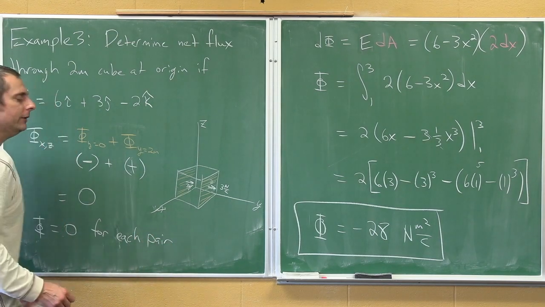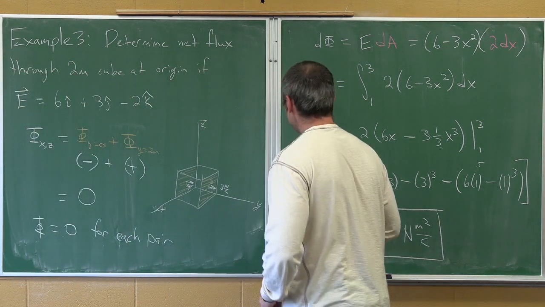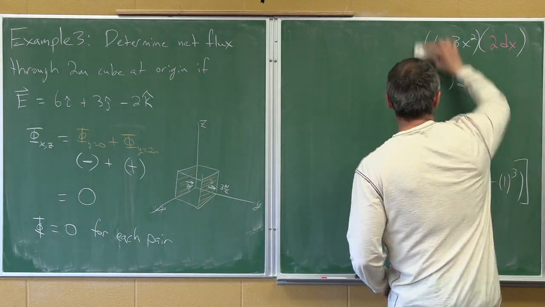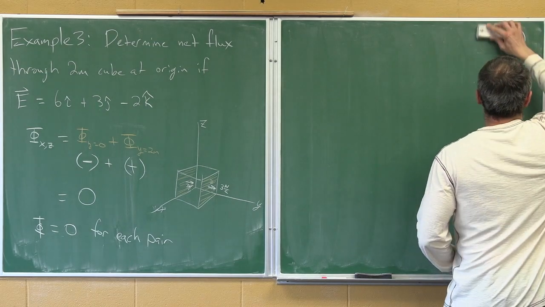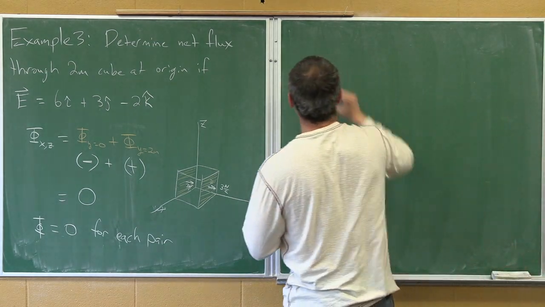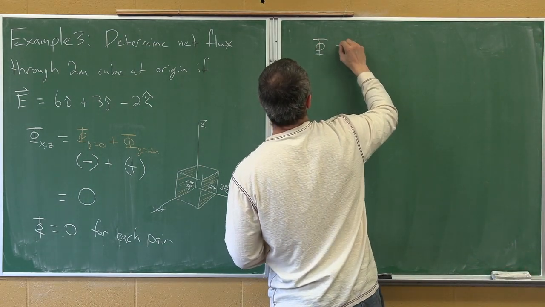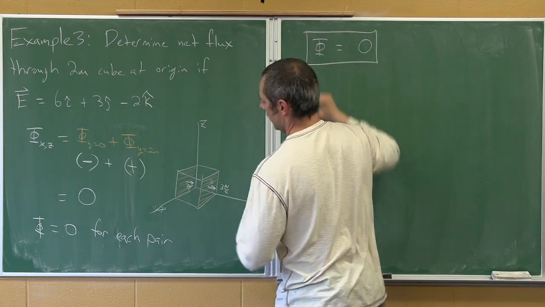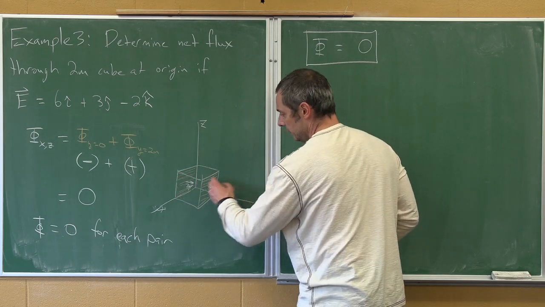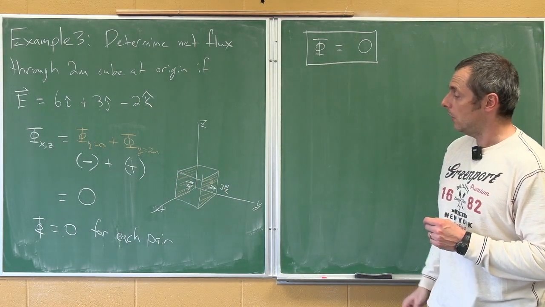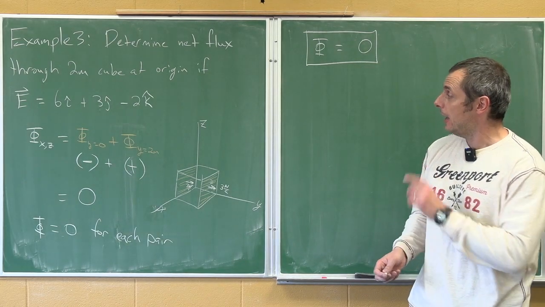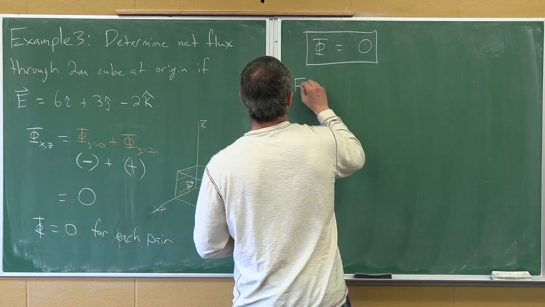So without any calculating, we could just reason out our understanding of flux, that the net flux through the entire cube is 0. It doesn't mean it's 0 on all surfaces. It's non-zero on these surfaces, non-zero on these, but they add to 0. And then the final example,